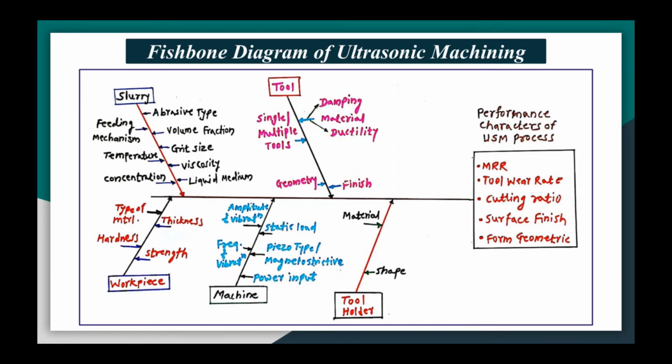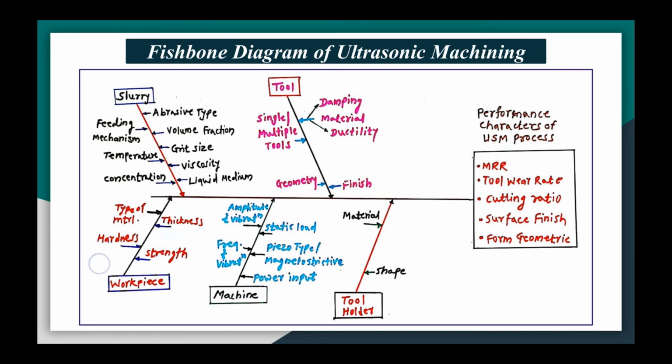And another very important parameter is the surface finish of the tool. Okay, as I have already mentioned, if scratches are there, or micro cracks are left on the tool surface, it will quickly fail because of ultrasonic vibration and load acting over it. If the finish is not good, this will be reflected to some extent on the finish of the machined component. And also definitely the geometry of the tool will affect the geometry of the machined cavity that you are going to get on the final workpiece.